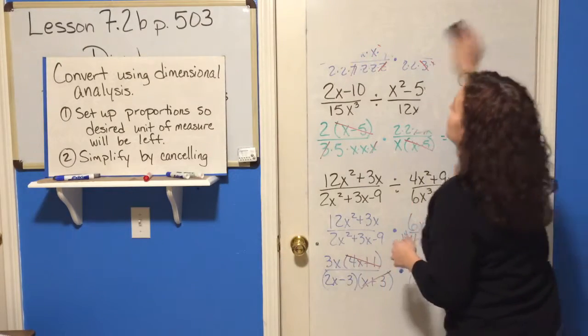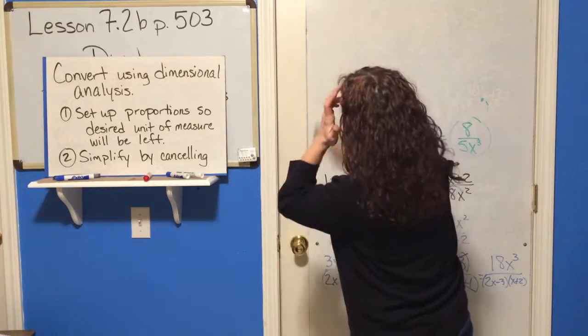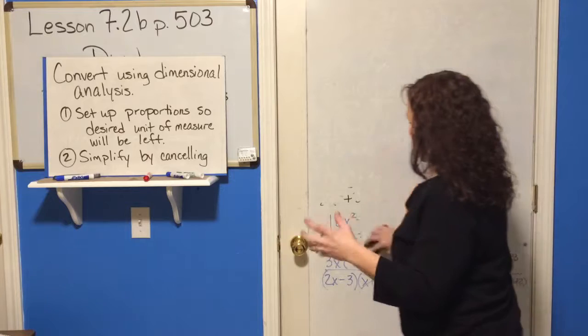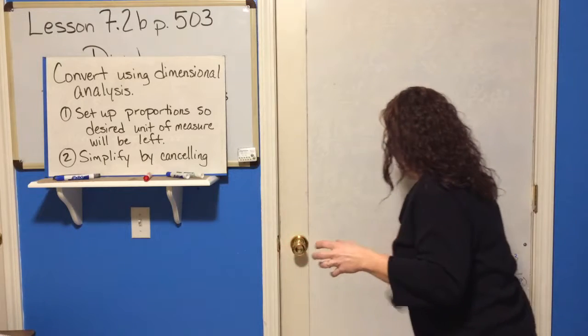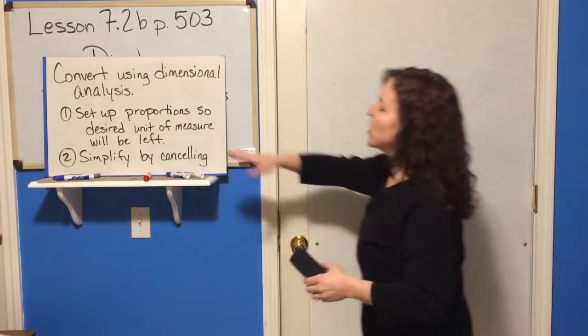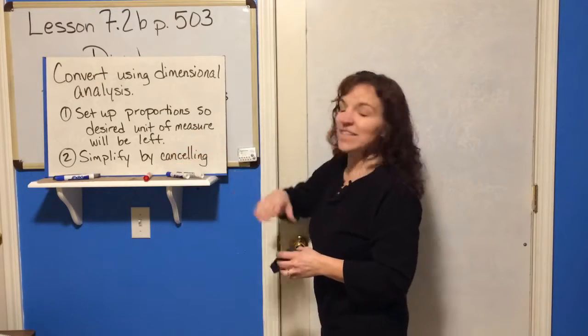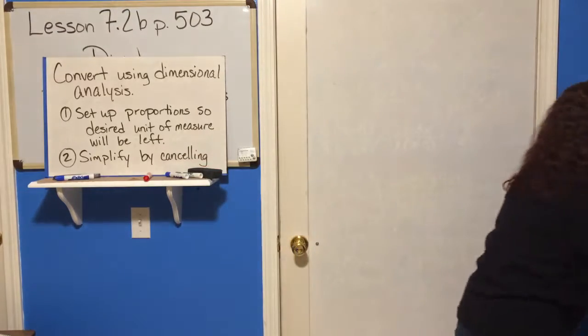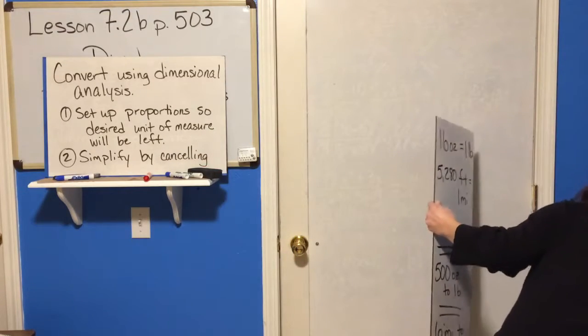measurements using dimensional analysis. The way we're going to do that is we're going to set up proportions using equivalent amounts. We're going to set up proportions so that the desired unit of measure will be left, and then simplify by canceling. Let me do some and then it'll make perfect sense. All right, we're going to use